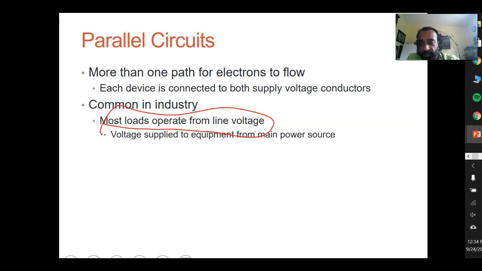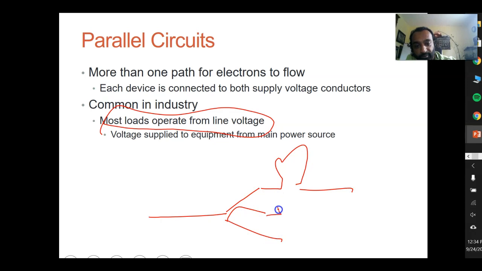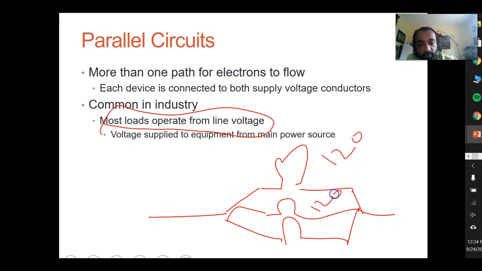That's why it's very important to connect these loads in parallel. So if you have three light bulbs, you want to connect them in parallel, because now this one will have 120, this one will have 120, and this will have 120. So you want to connect loads in parallel, and you want to connect safety switches and controls in series. Okay,